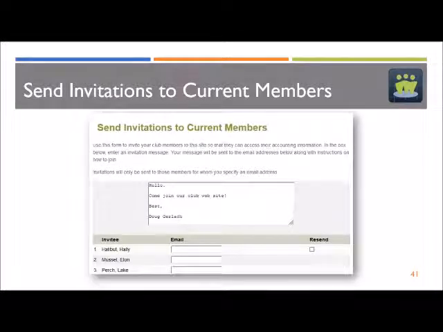Now you'll see the difference here is the member names are already filled in. You're just going to add their email addresses. So that's something that you might need to collect if you don't have them already, email addresses for each user. Each user does need their own email address in order to be a member, but